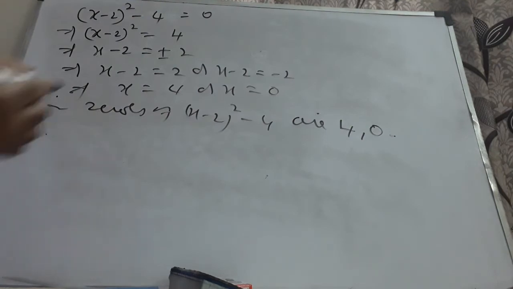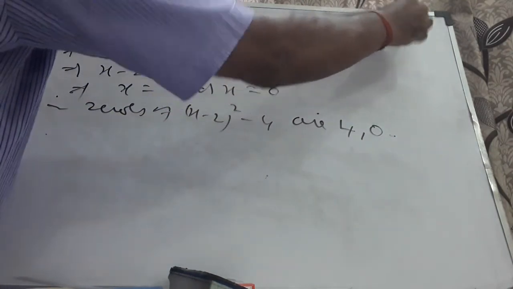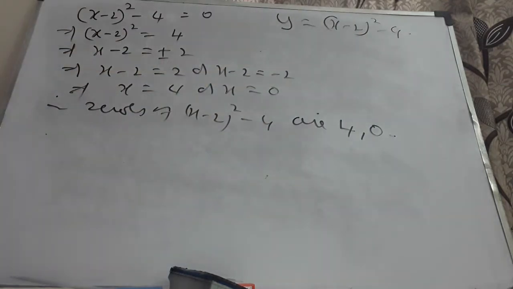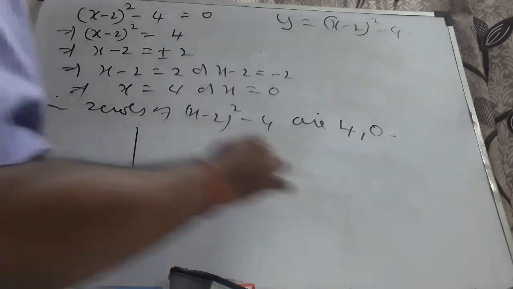Similarly I call it y equal to (x minus 2) whole square minus 4. How to draw the graph? It is not there in your syllabus. Such a diagram is called a parabola. We call it a parabola. It is not there in your syllabus anyway. Therefore just listen carefully. Similarly we can think about it.